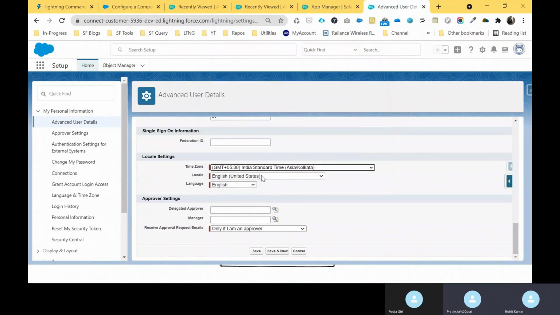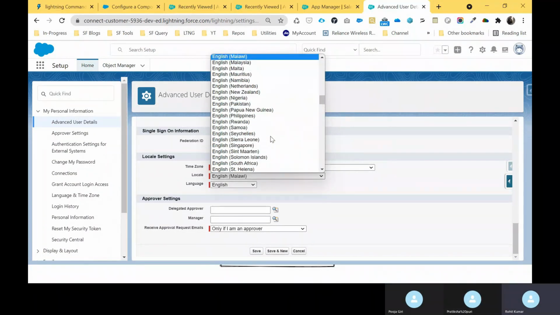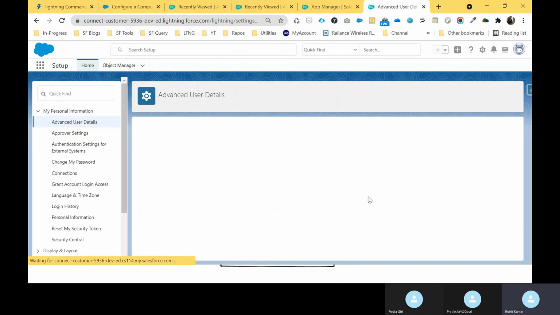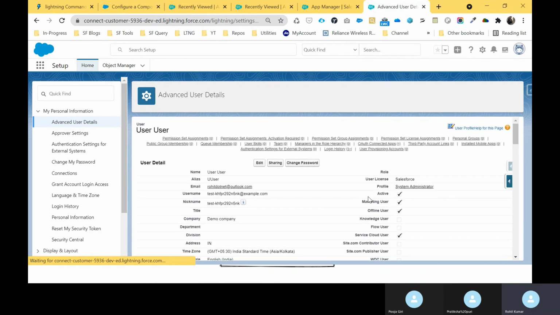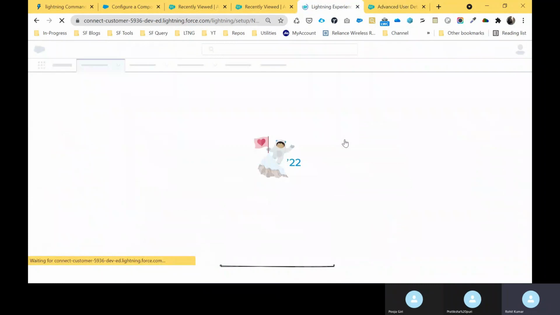Just check this one and also change this to English India. Once you save this, it automatically changes your time as well. So let me show you the app manager and refresh this one.